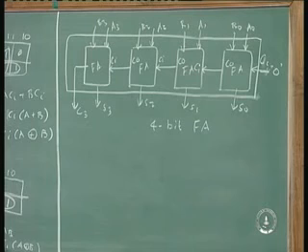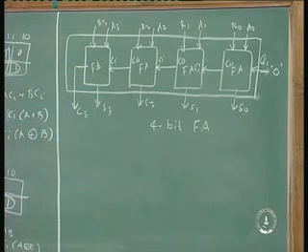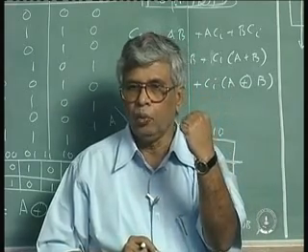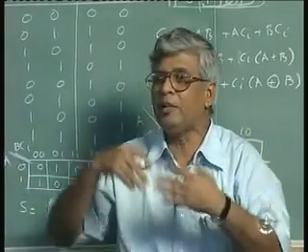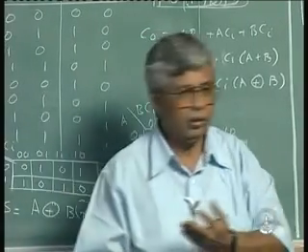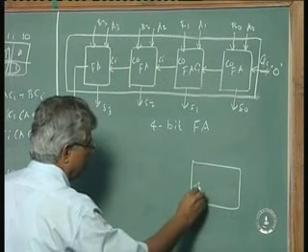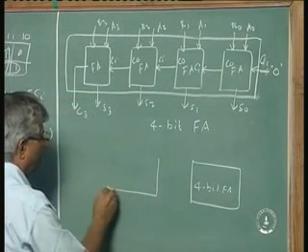As a one package. Whatever I have drawn inside the rectangle is a one package of IC, integrated circuit, wherein I can feed 4 bits of A, 4 bits of B, and the carry from the input. Why do you need the carry from input? Of course, the first stage the carry is 0, but suppose I want an 8-bit adder. What will I do? For an 8-bit adder, I will use this 4-bit full adder. I will use another 4-bit full adder,